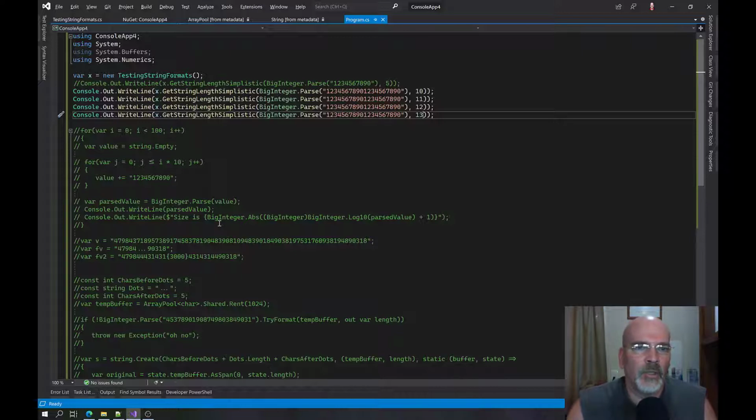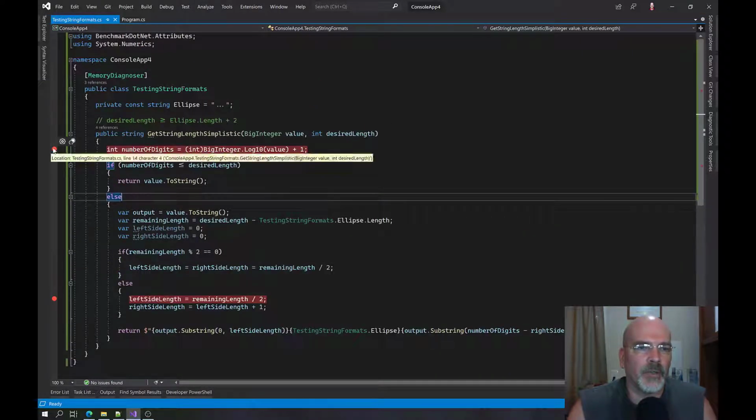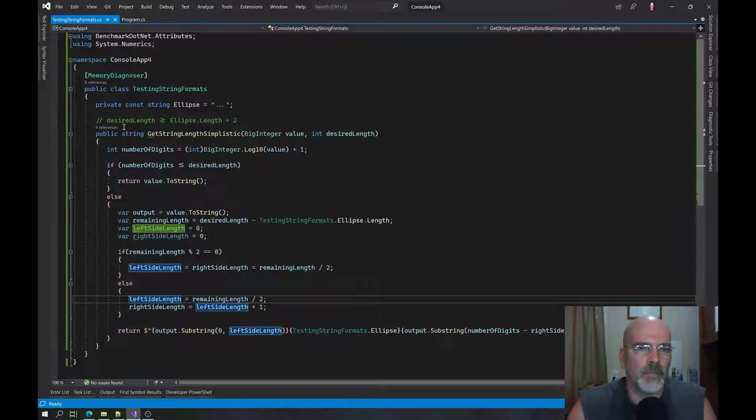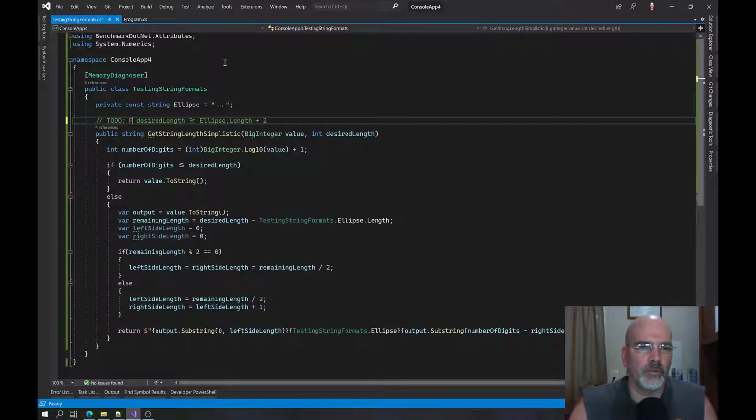Okay. So we have a very simplistic way of doing it. Let me get rid of these metadata things here because that's just confusing stuff. And eventually I have to make sure that I am printing out the to-do precondition: desired length has to be greater than or equal to, otherwise it doesn't make any sense. Okay, so what happens if we go the route that the other person suggested? Okay, so we're going to say